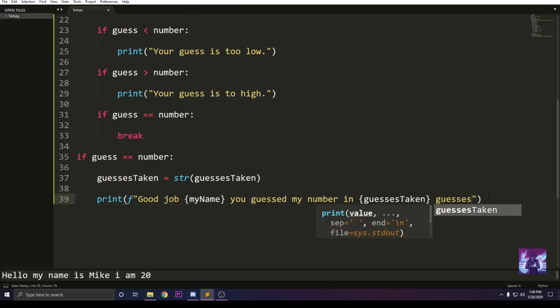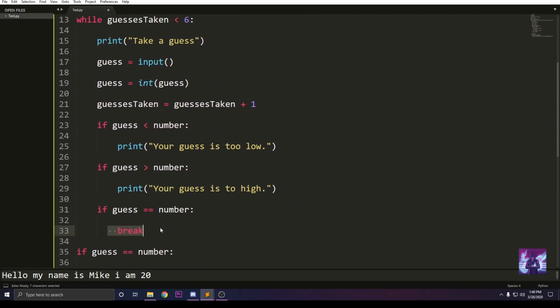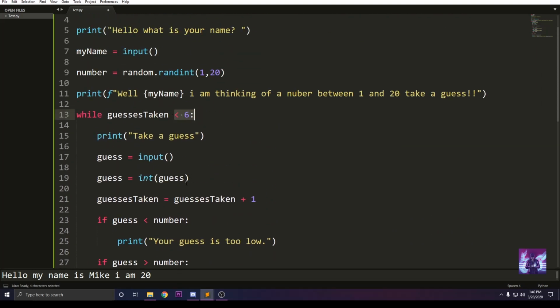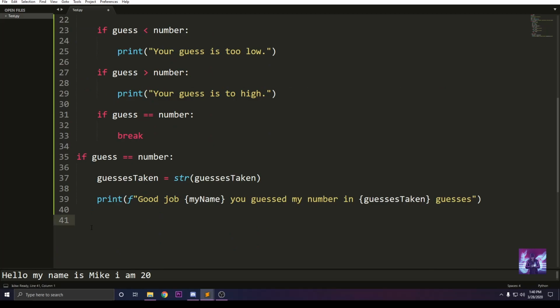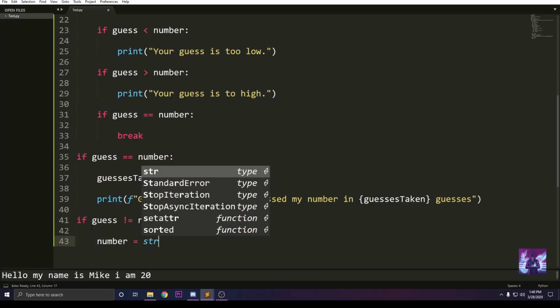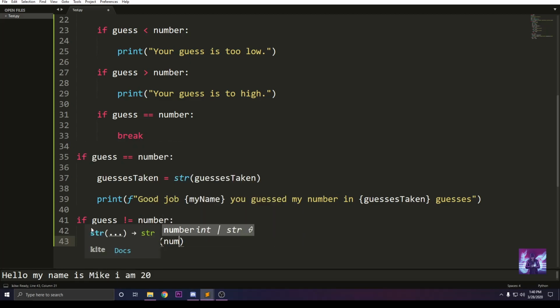And then down here, if you don't guess the number right, it's going to break out of the while loop after 6. So we're going to say if guess is not equal now. So use another one. If guess is not equal, which is an exclamation point plus an equal sign, and we're going to say the number. And then down here we're going to set our number to a string. So in here we're going to put number,